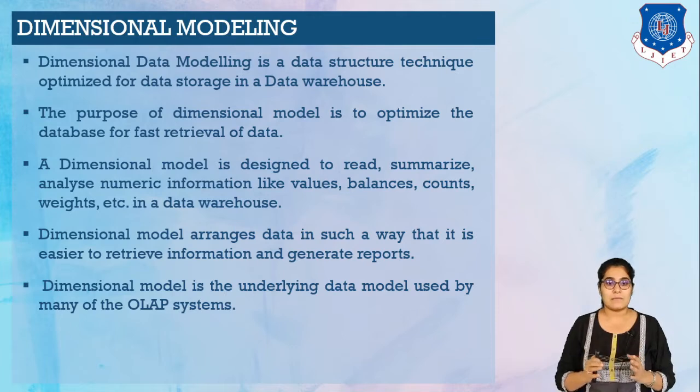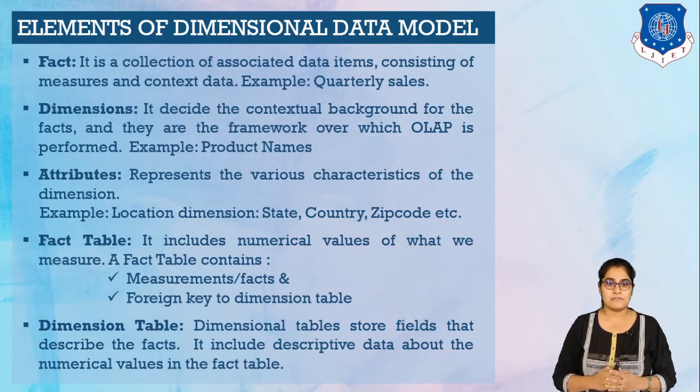Now let's discuss the elements of the dimensional data model. The first element is fact. Facts are the measurements, or we can say metrics, from your business process. For example, a sales business process has a measurement, which would be the quarterly sales number. Next is dimension. A dimension provides the context surrounding a business process event. In simple terms, it gives the who, what, and where of a fact. In the sales business process, for the fact quarterly sales number, dimensions would be customer names, location, product name, and